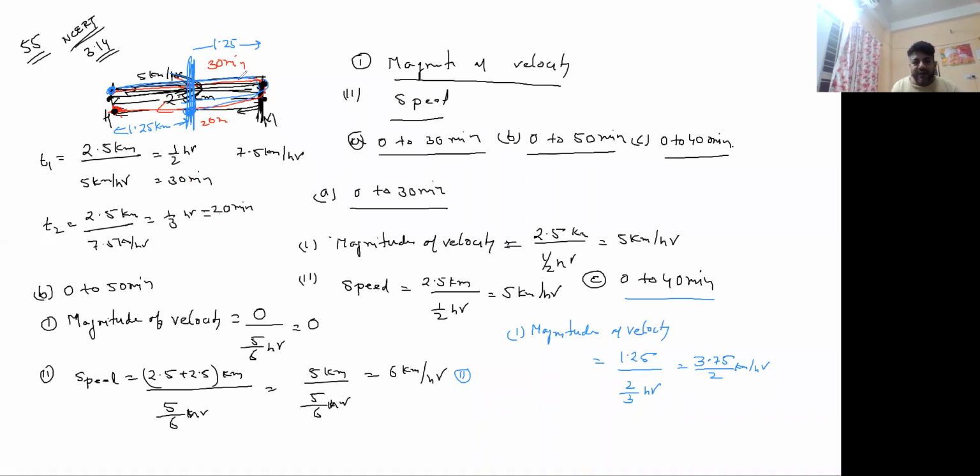डिस्टेंस 2.5, 1.25 कितना हुआ? 2.5 + 1.25 कितना हुआ? 3.75। तो स्पीड में हम लोग लिखेंगे 3.75 बाई 40 मिनट, मतलब 40 बाई 60, दैट मीन्स 2 बाई 3 आवर। सो ये क्या हो गया? 75 इंटू 3 कितना होता है? 225। 11.25 बाई 2 किलोमीटर पर आवर। 5.6 kilometer per hour. जो भी हो, समझ में आ गया ना? 5.6 तब नहीं होगा, 5.65 होगा। 5.625 है तो 5.6। हाँ, ठीक है।